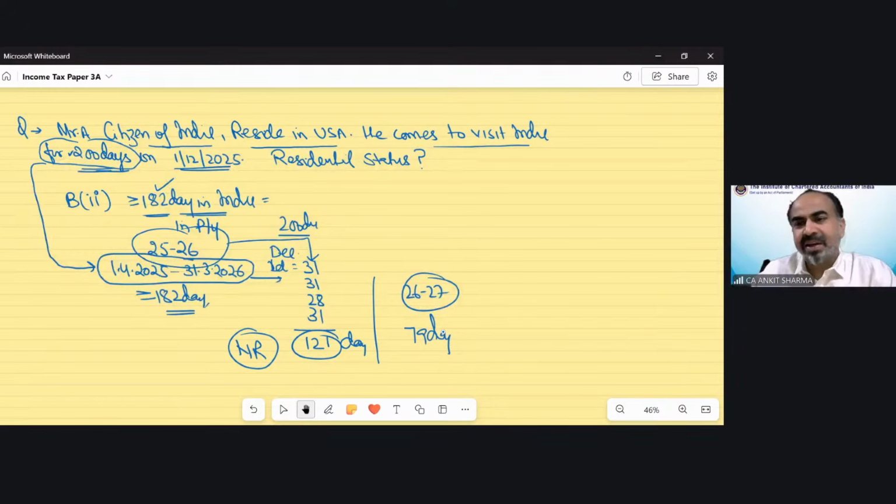Mithali calculated correctly. If you get the number of days calculation wrong also, how will it work? Okay, so this is how we need to find out the correct category. Once you find out the correct category, you will be able to find out the correct status also. Please keep in mind, in category B, the condition is either you are going outside India permanently, that is important, or you are already residing outside India permanently but come to visit India. Then we have to check whether your income is more than 15 lakh, etc. When you practice these questions, you will find out which category is applicable and how to apply the categories also.